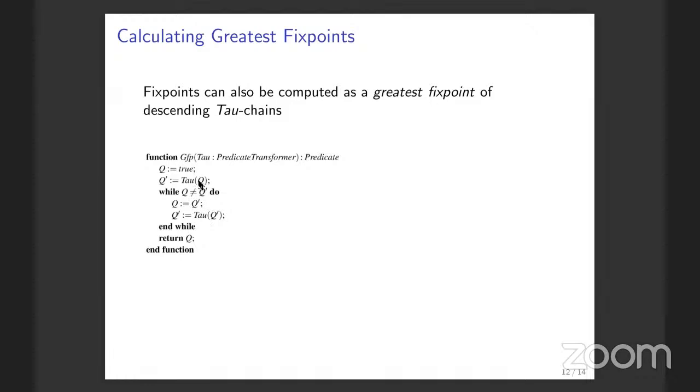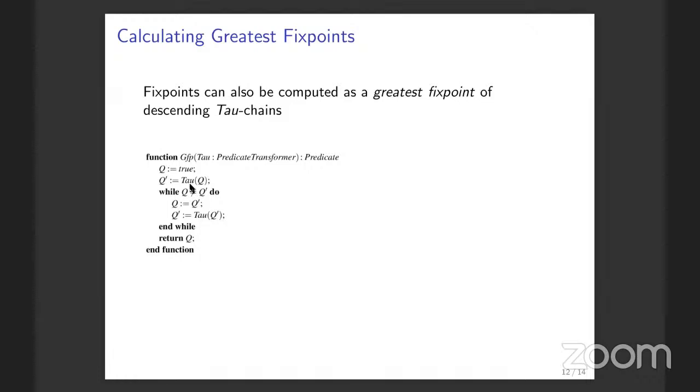That's why I call this a descending chain, because the set of states that you get gets smaller and smaller as you traverse down the descending chain. And eventually, when it reaches a fixed point, it will be the greatest fixed point of such a tau, okay,